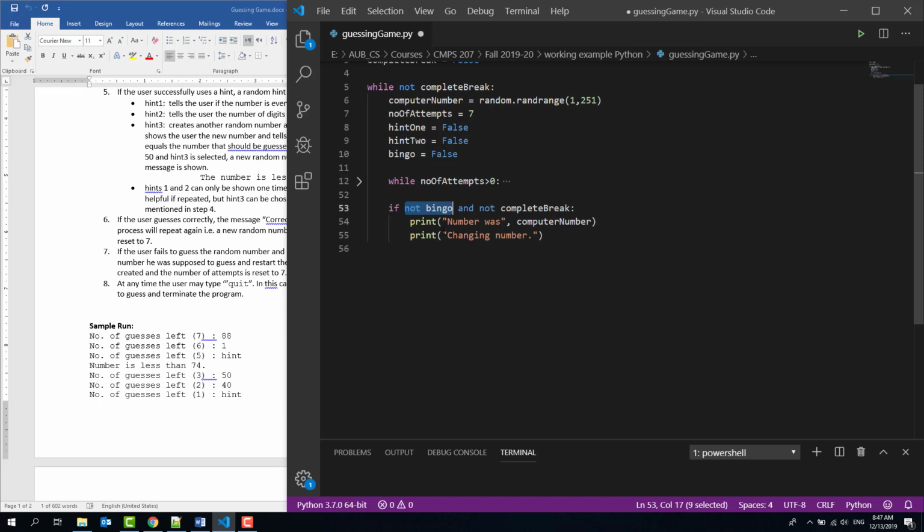If I entered the if, it means that I finished all my 7 attempts. So this is the while loop, number of attempts is greater than 0. I finished it all, and bingo is still false. It means that I never guessed the number. I'll give the user what the number is. So the number was whatever the number was, and then I'll say changing number, and I'll go up to the